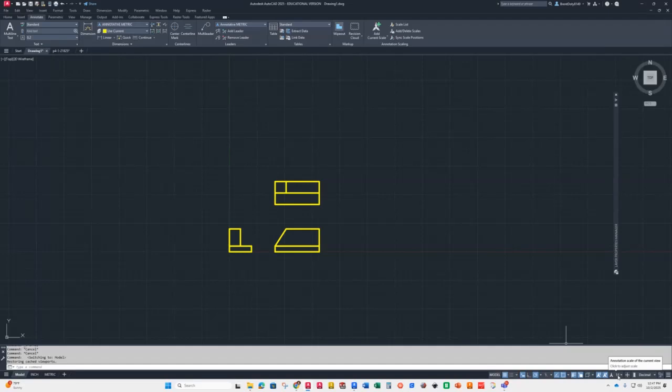Go to your viewport on your layout, get it scaled to the size you want first. Then come back and put your dimensions on. Don't put the dimensions on and then go scale it or change the scale. It's going to make a mess. Now I'll show you how to fix it, but it'll make a mess. So,